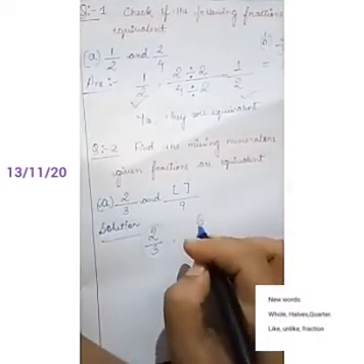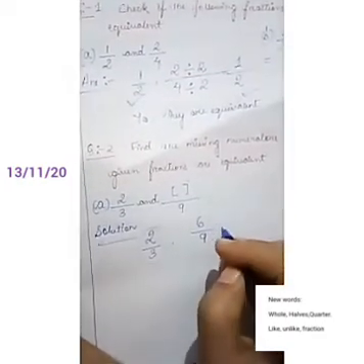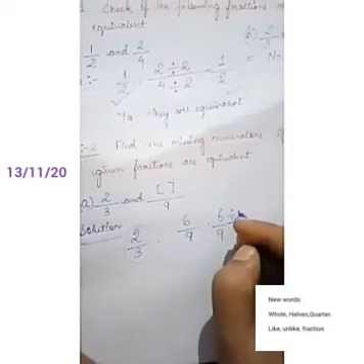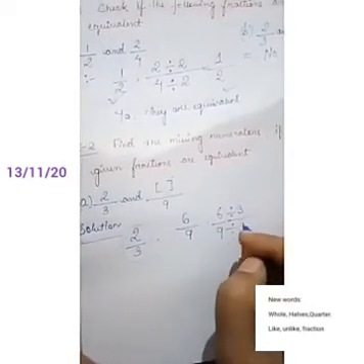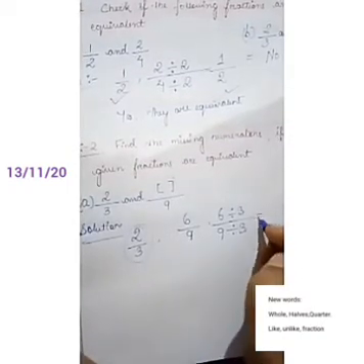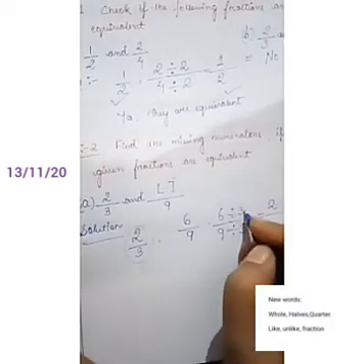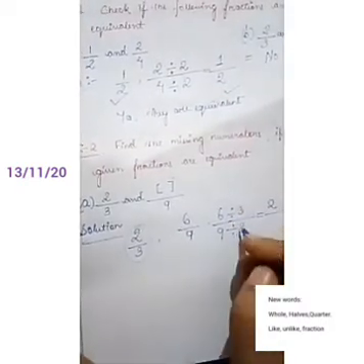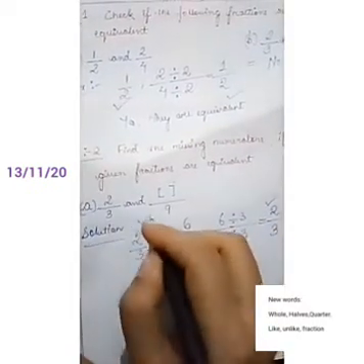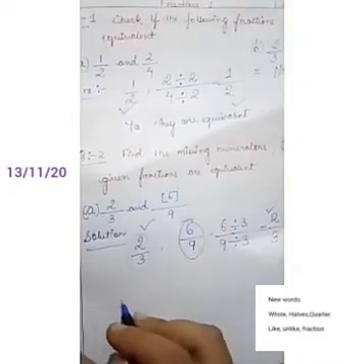Can I write 6 by 9? Let us find out if the answer is correct or not. So 6 by 9 you divide by 3. If you are taking a number to divide, both the numerator and the denominator should be divided by the same number. So what you got here, you got 2, because 3 divides 6 to give 2, and 3 divides 9 to give 3. So 2 by 3 and 2 by 3. So what is the answer? The answer will be 6.